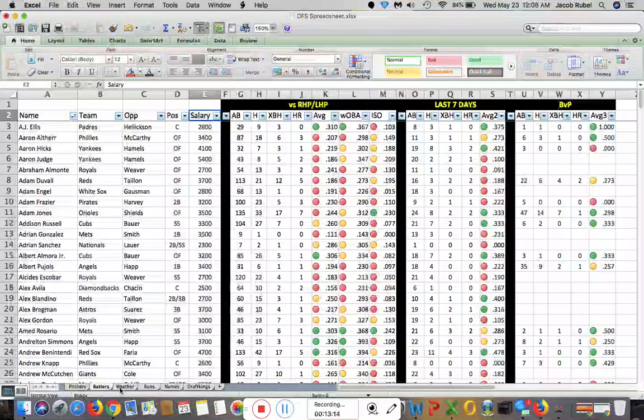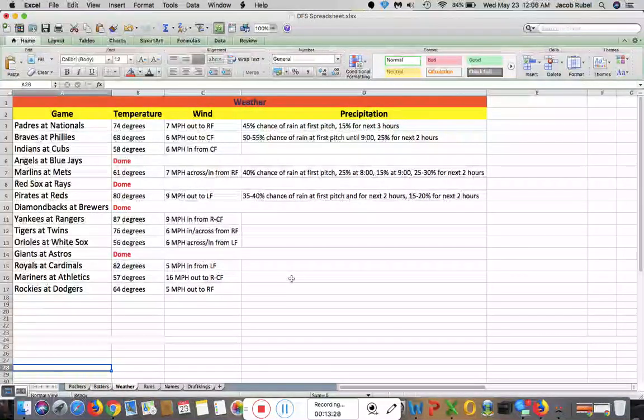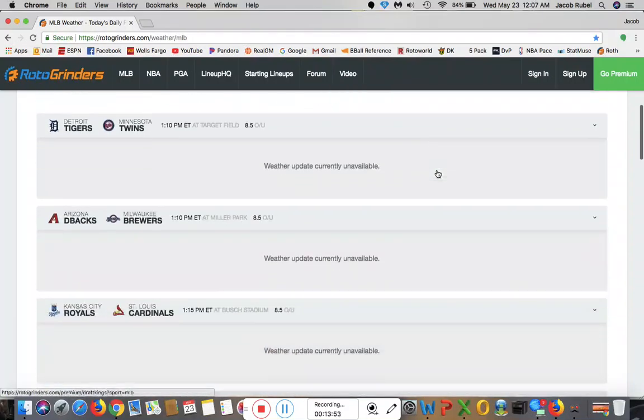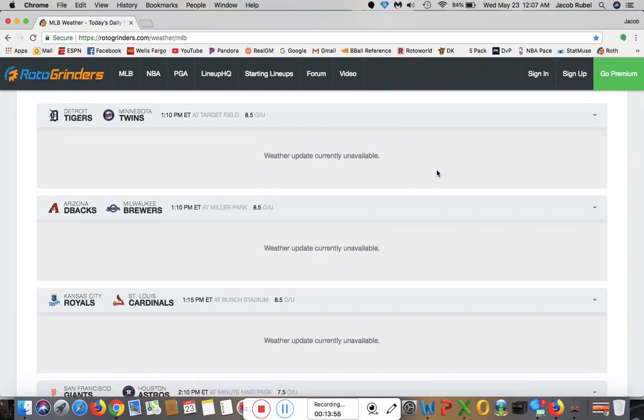Lastly is weather. I have some information on this, but I am unable to update this constantly throughout the day. So I recommend checking Kevin Roth's page on Roto Grinders. If you are unfamiliar with him, he also has a great Twitter page. So if you have a Twitter profile, I certainly suggest following him. Again, he's got a lot of stuff laid out. Here is tonight's information. Again, there's nothing on here because he doesn't have any